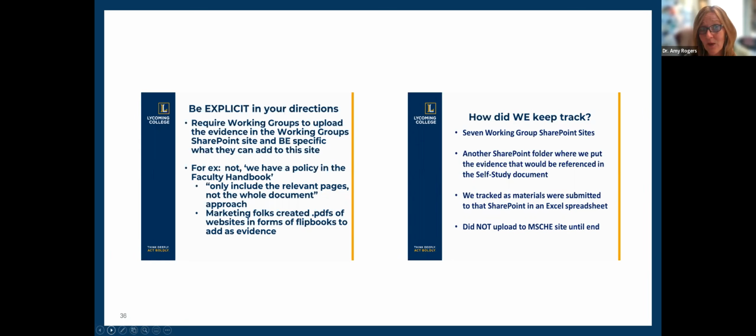And then what we did, we created what we called our evidence inventory tracker. It was just that: how do we track it? We had this spreadsheet, and as something was uploaded to the working group site, and as we were reading the chapters, the information would be there. We worked really well together. I would take the evidence inventory tracker and go through and check, if on page 72 in the document it said they were looking at standard 6, requirement of affiliation 3, in the parenthetical citation, that's exactly where it was in the SharePoint to be uploaded as well.